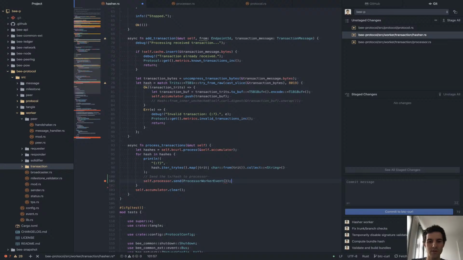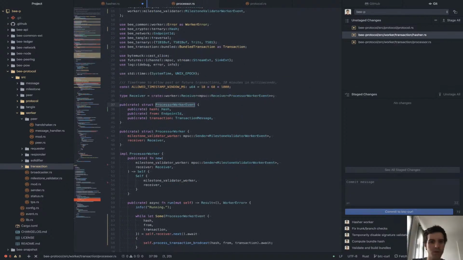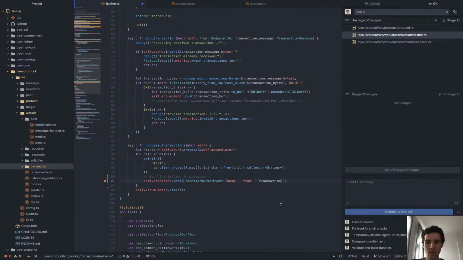We want to give it all the information. So that will be a hash, that will be a from, and that will be the transaction. Is that what it? Yeah, transaction. Alright, so as you can see in this function we don't have the from and we don't have